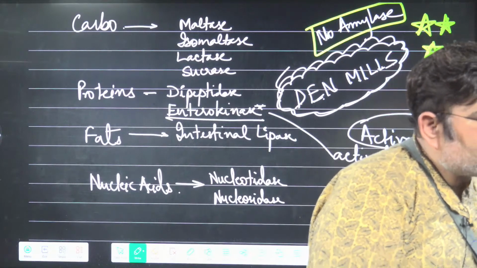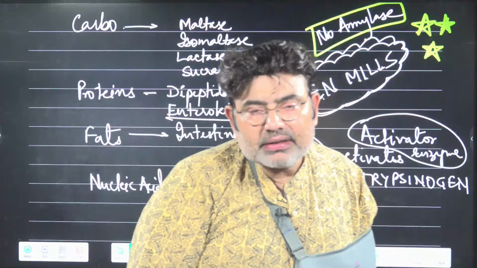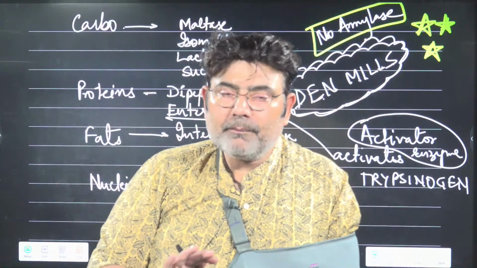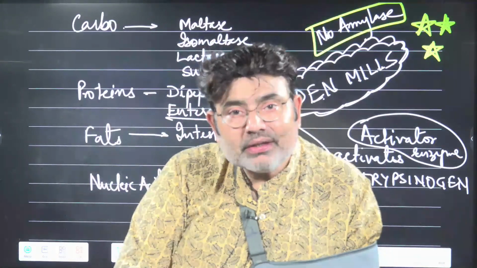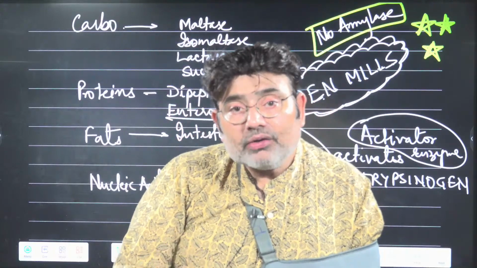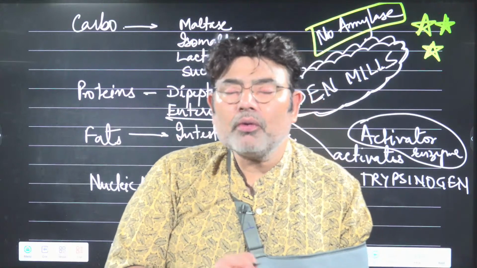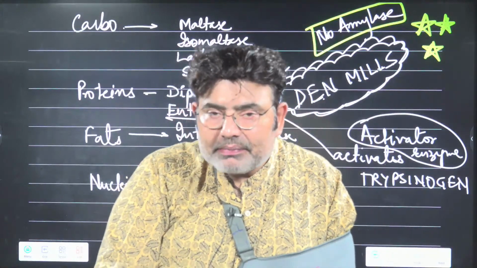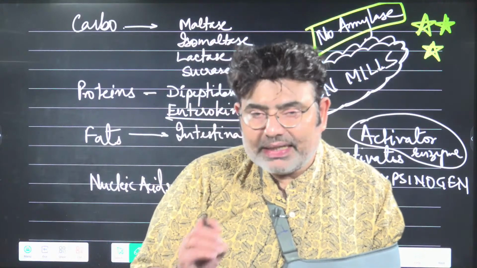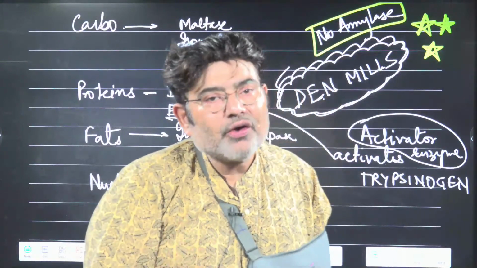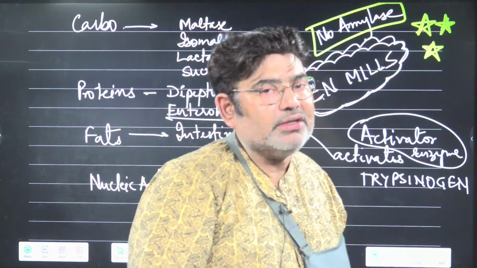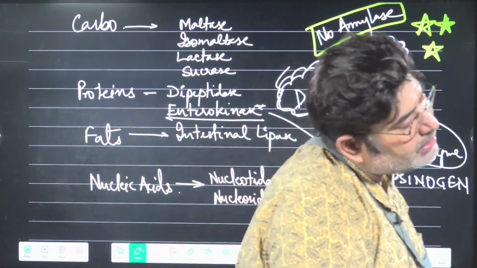Why are bile pigments required? They are not required. The liver is actually pouring them. We have to remove them somewhere. Bile pigments cannot be filtered by the kidneys, so they cannot be removed through the urine. So how to remove them? Therefore the liver pours them into the bile, because through the bile they can go to the outside. It is not a functional thing. It is just a way of excreting them rather than getting filtered by the kidney.